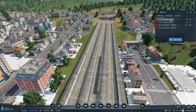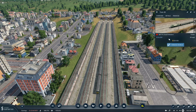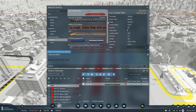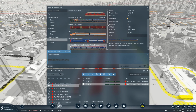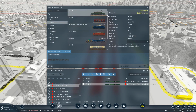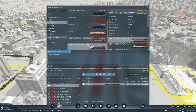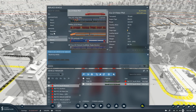Now, since we're in Brighton, we've got Channel Coast, Southwestern. Yeah, that's running an electric as well. I'm thinking about changing these up. These don't get many passengers, although I'm not entirely sure what to change them up to. I like the greens a lot, but let's have a look again. Now there wasn't anything electric for us, was there? I mean, these only had the one livery. We could maybe change it up for something like this. This might be cool. Is there a reversed version of that? Or would it be something like